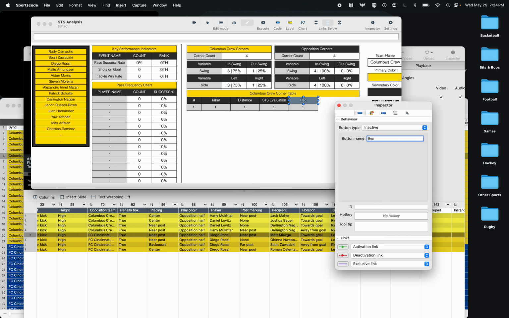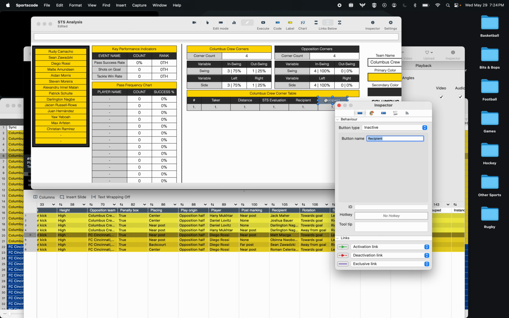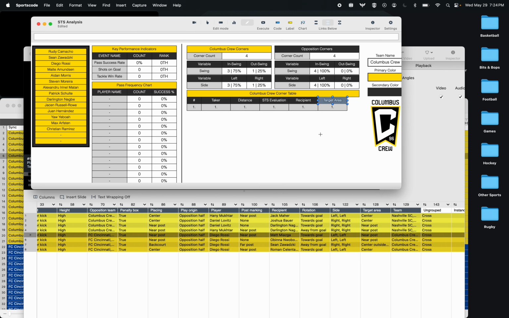If I can spell it, recipient. And we want to go... well, I want target area. Target area. I think I might sacrifice the... No, we'll keep distance, and then